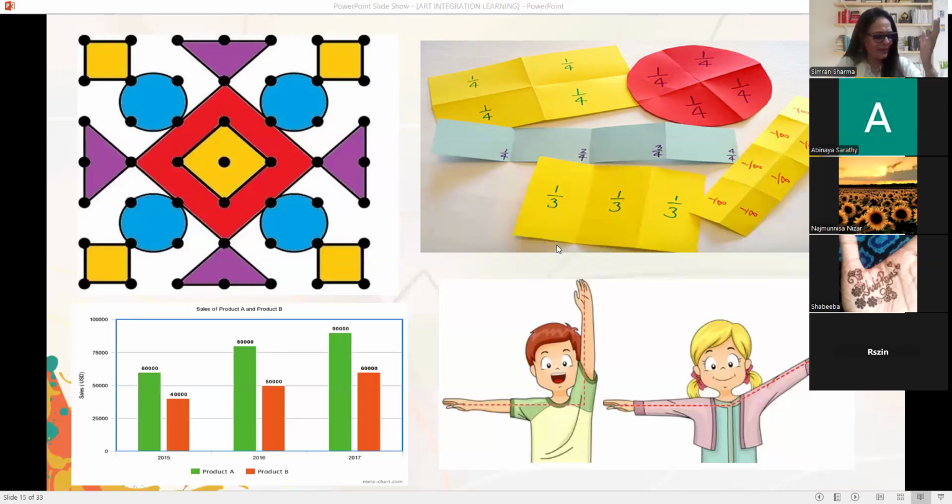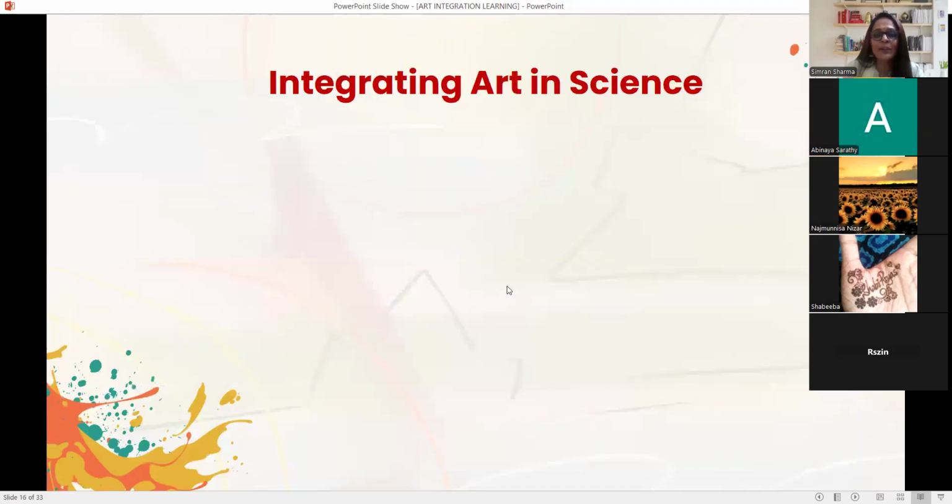So different concepts of maths can be covered. Another interesting topic is learning place values. You can make students stand in a line and say, okay, you are ones, tens, hundreds, and change their places. They see how the value changes when you move from your place. So these are different ways to explain different topics in maths.